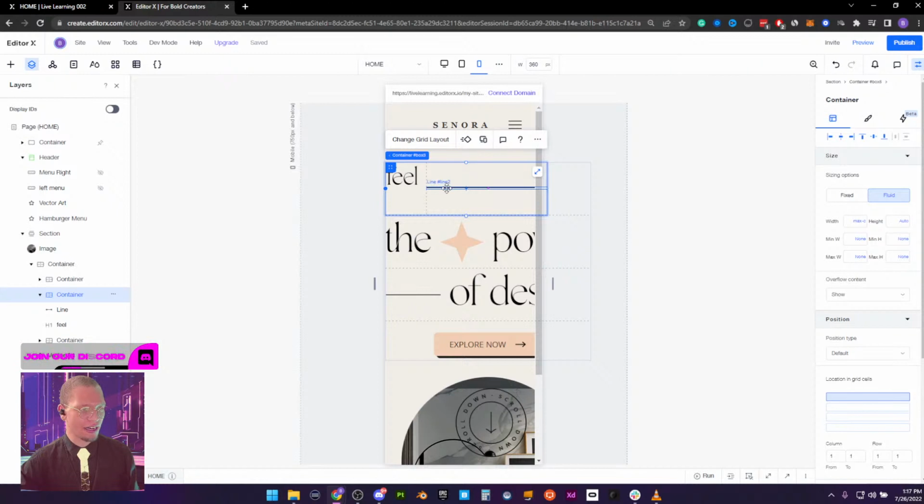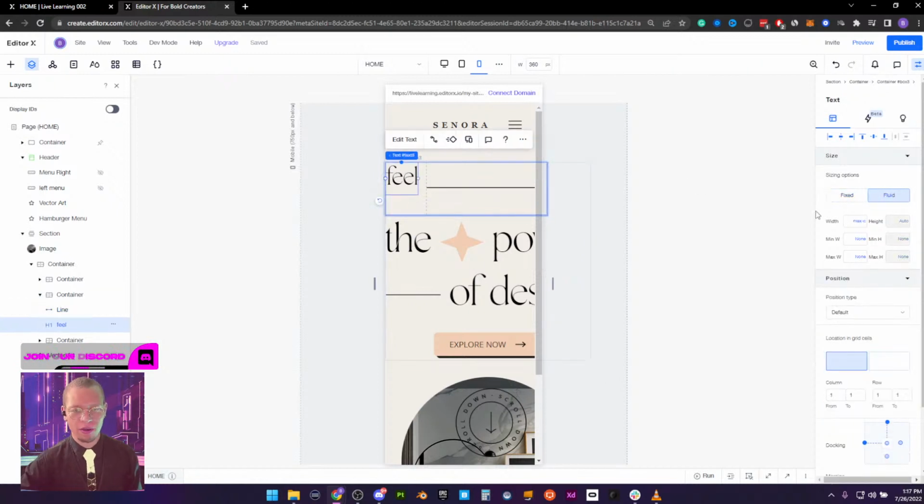Next thing, our line. We'll take care of that in a second. But first, I want to make sure we are centering this feel here. One of the things I want to do is not dock this to the top. I only want to dock it to the left, because when we start scaling things, the feel will try to stay, as we can kind of see it already doing, in that top left corner of the container it's in. We want it to be just centered, just like this.